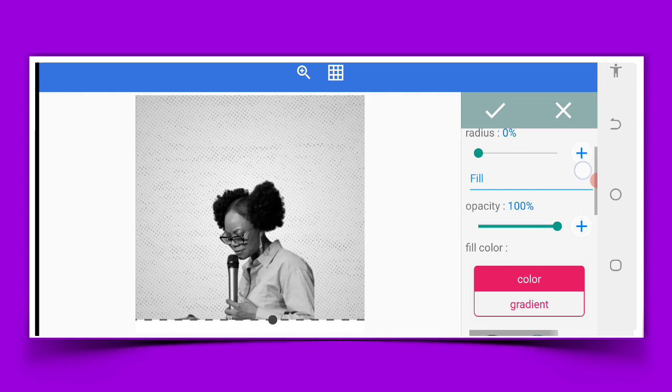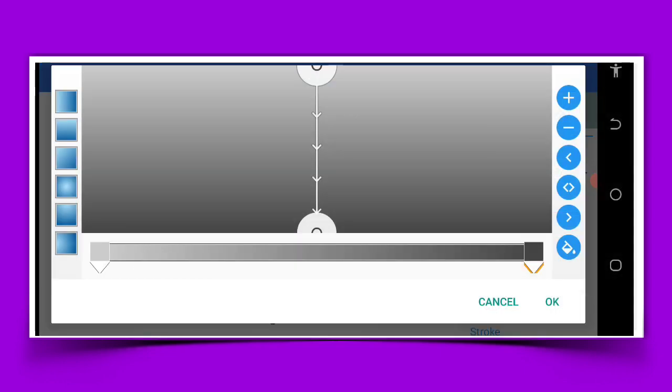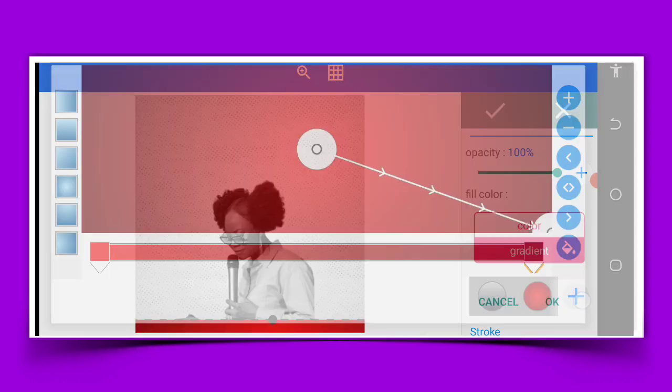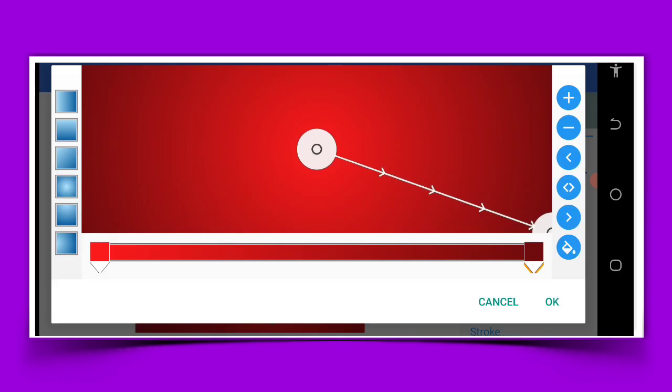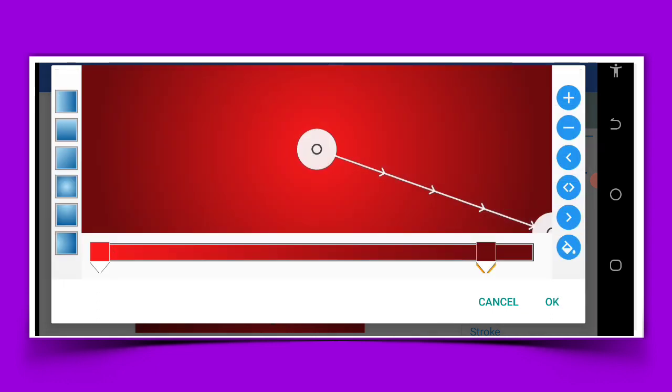After you are able to do that, go to the gradient, then you have this particular gradient. How this was made, we have this first key and this second key. When you click on this first key, you can see something is highlighting there. Tap on this color bucket, then you can pick any color you want. For instance, this is the color I pick, which is the deep red. Then we have the second key,